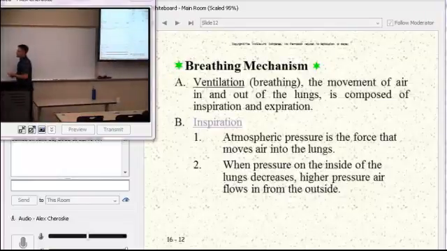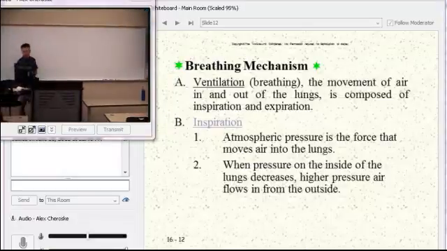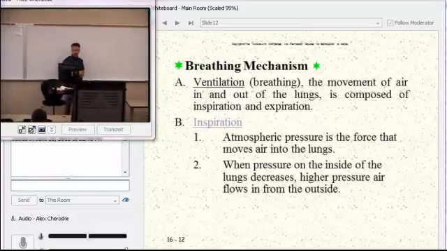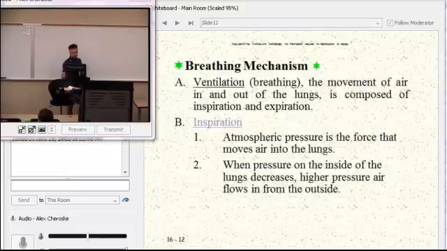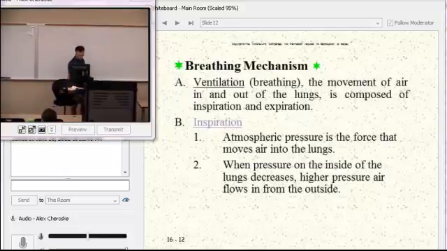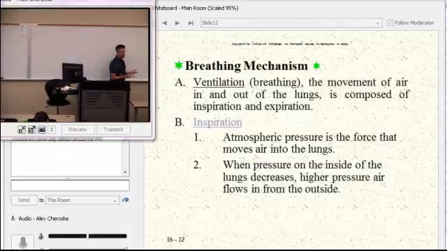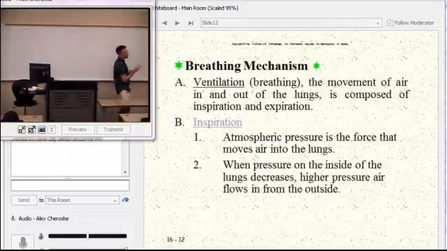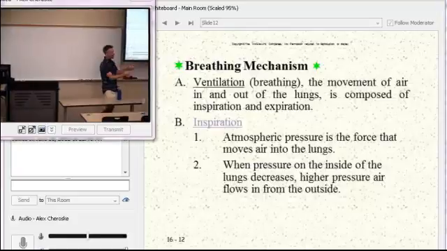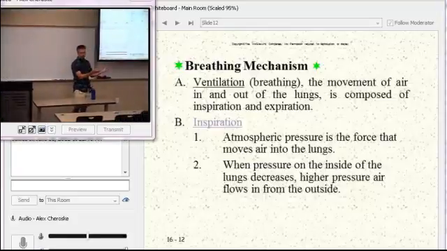So, ventilation, or the breathing mechanism. How do we get the air moving into and out of the lungs? That's the first step. When we're talking about inspiration, that's the same as inhalation. And when we're talking about expiration, that's exhalation. Okay? Now, what we're trying to do is move a volume of air from out here, which is kind of the atmosphere,